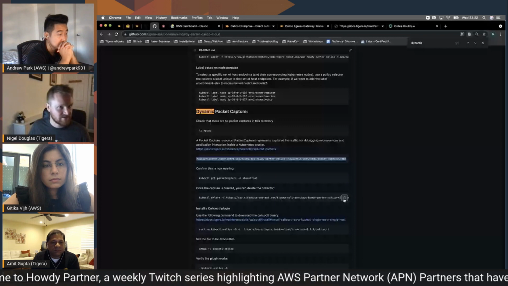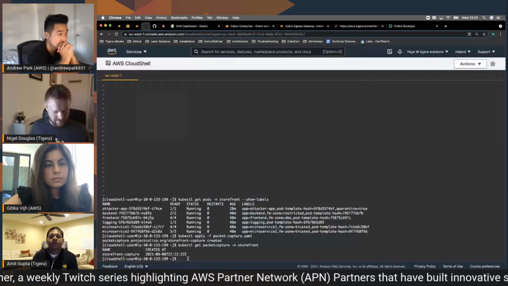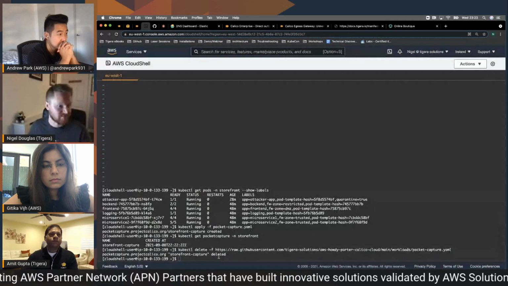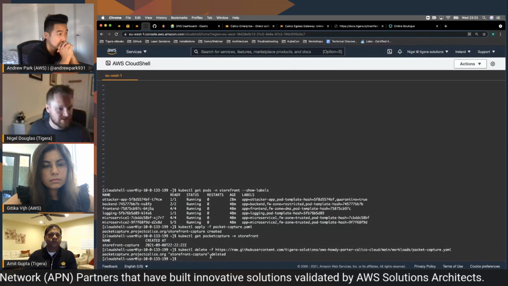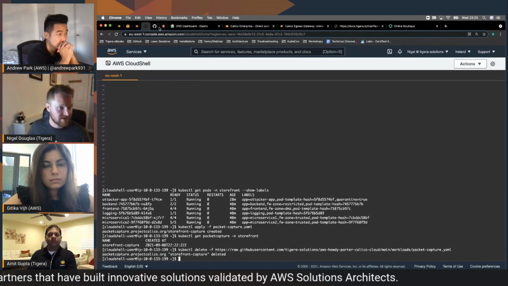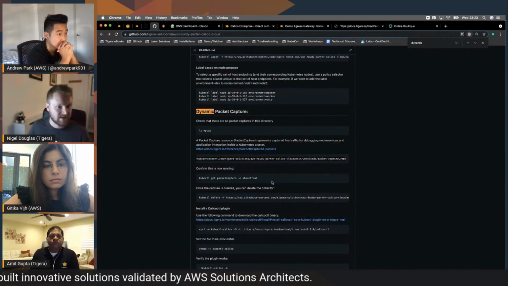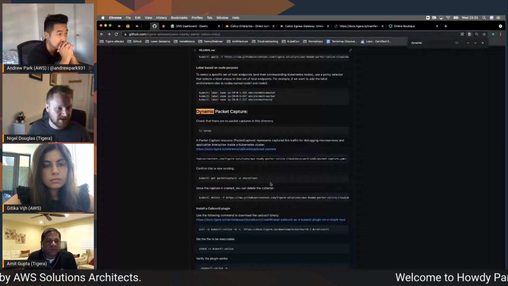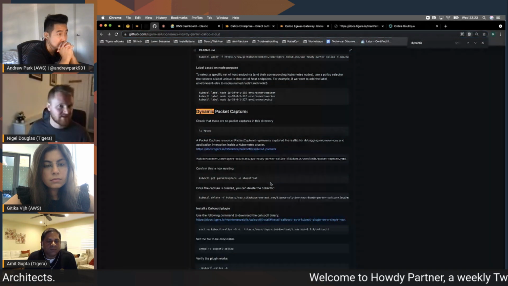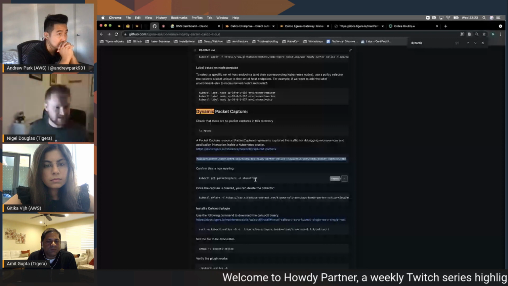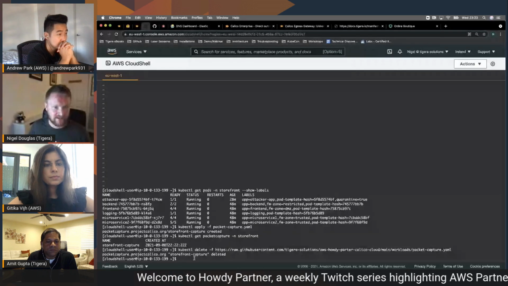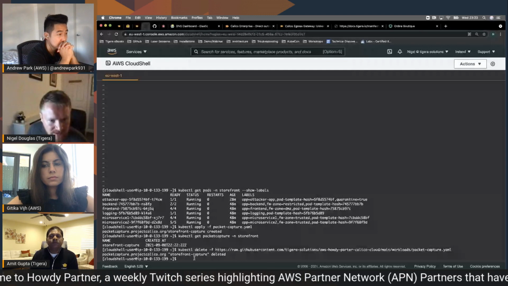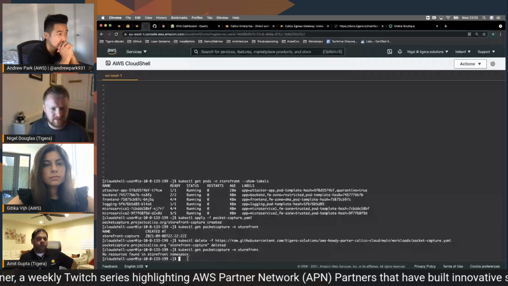So I'm going to delete that same capture definition that we just created. And the reason why is that's just going to kill the actual capturing of information. So now it's deleted. I should still have the packet. So if I want to check for the pcap file, first of all, check that the capture is there in the storefront namespace, because that's the scope that I established on it.